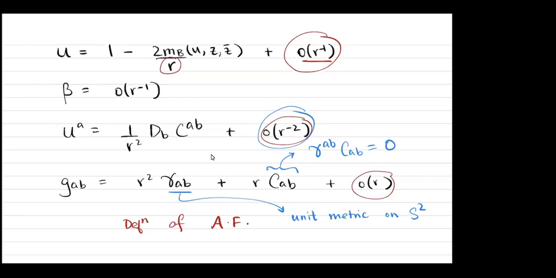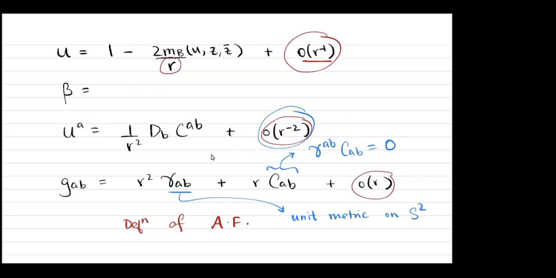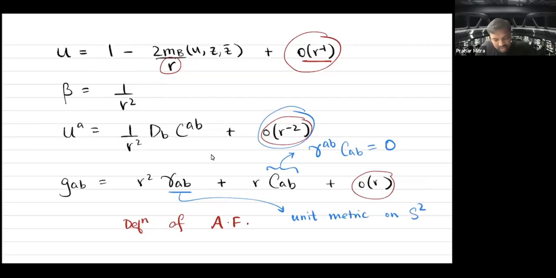Also, I don't know, beta, I think, has to be order r to the -2, no? Yes, it has to be. Yeah, in fact, we can fix it. Actually, I should have said, small r to the -1 is not enough. Yeah, sorry, I should have said that, because not only do we know what it is, it's in fact completely fixed. It's not free data. This is something that some number, which I don't remember,